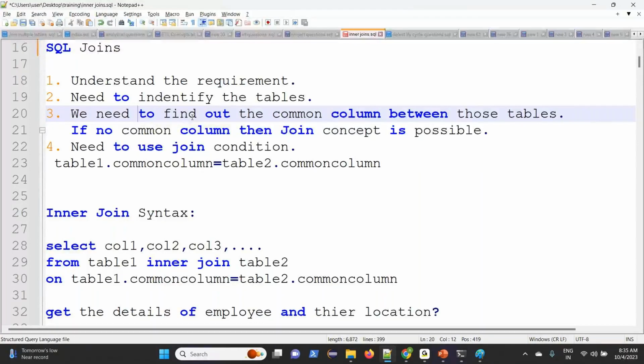If the data is incorrect, joins are not possible, and you cannot get the data from both tables. Now you understand the requirement, you identify the tables, you identify the common column, and now it's the right time to use joins. Hope you are clear on these 4 points, everybody.